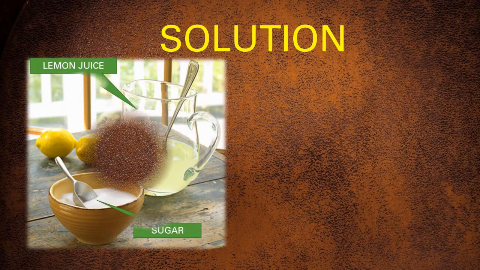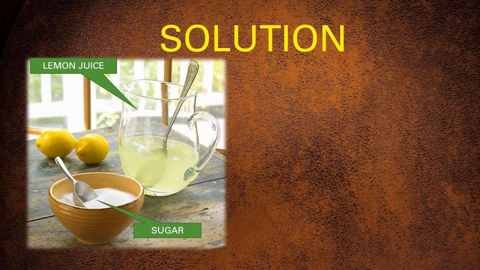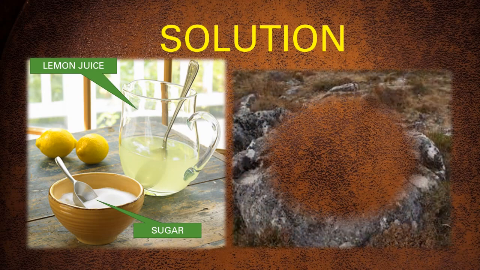Chemical weathering occurs due to solution. Students, you all know that water is a universal solvent as it is capable of dissolving more substances than any other liquid. Let's take an example, as you all are aware of lemon juice. Lemon juice, sugar and salt also mix evenly with water and form a solution. So, when a substance is dissolved in water, the resulting liquid is called a solution. So students, similarly, some minerals in the rock get dissolved in the water.